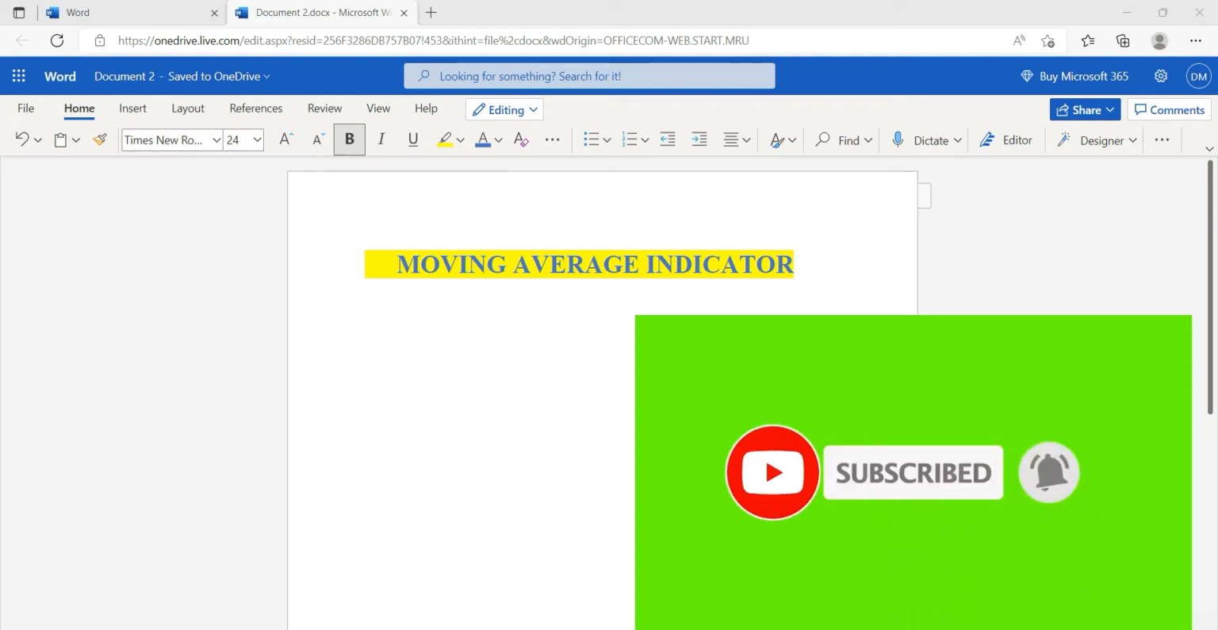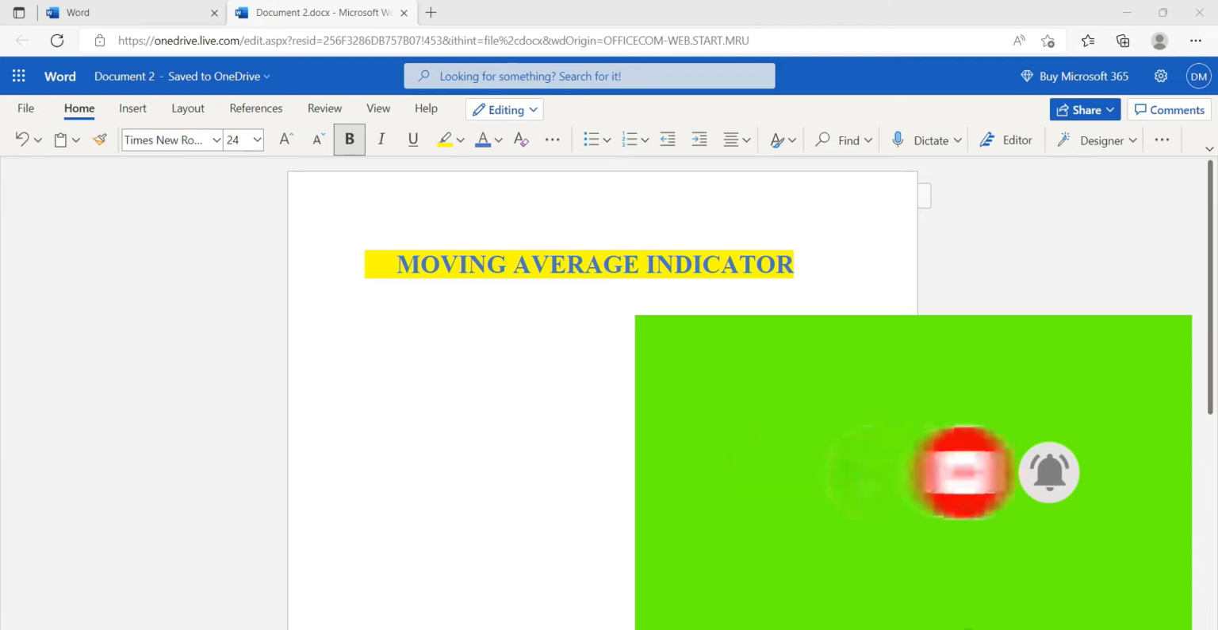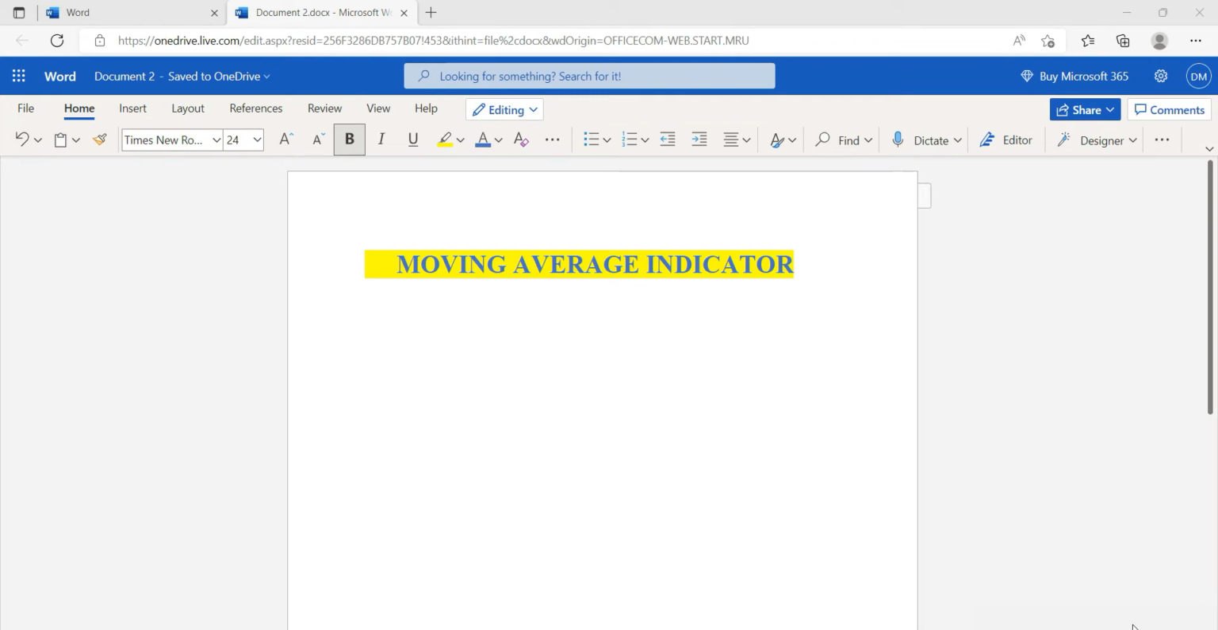Today's video is basically on a very popular and important indicator, which is the moving average indicator. It's going to be a little lengthy video because we are going to explain the indicator in detail. It gives you complete details about how we use that indicator for our trading strategy,